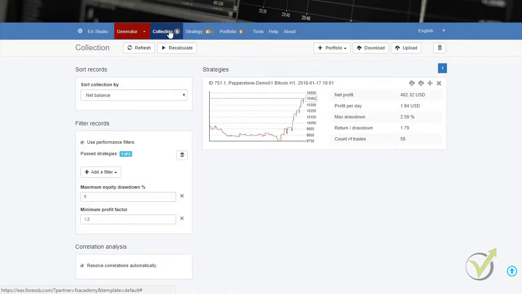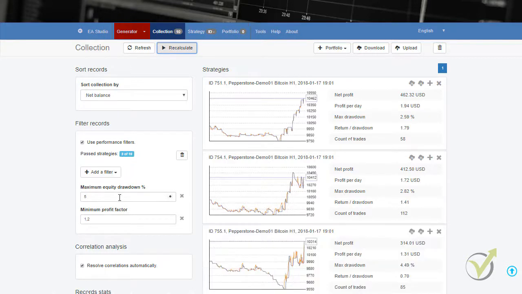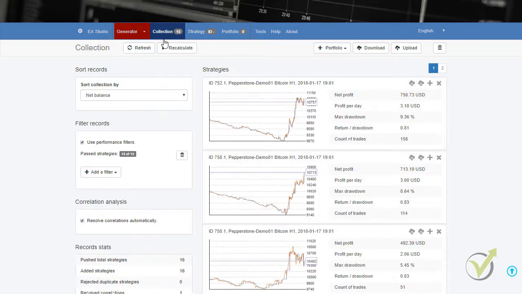If I go to collection, you will see here that I have one strategy in the collection only, but here is written 8. Now I have 2. Why is that? This is because I have these filters. Past strategies: 2 out of the 8. For example, I have selected a filter that I would like to have a maximum equity drawdown of 5%. If I just remove that and I remove this minimum profit factor as well,